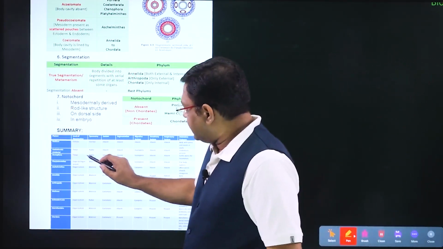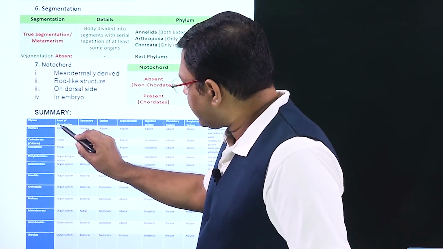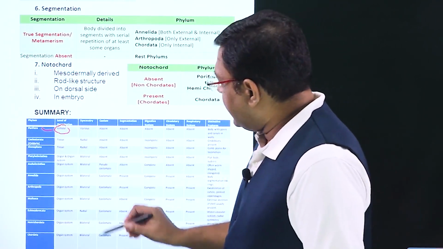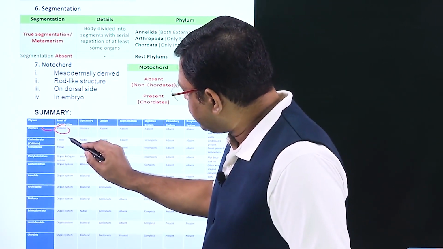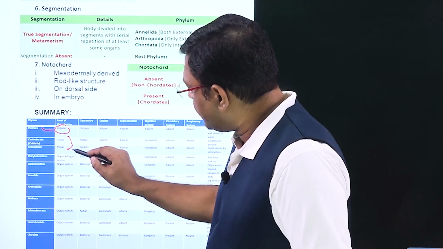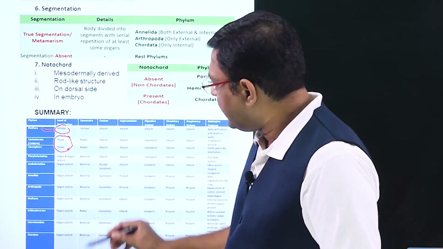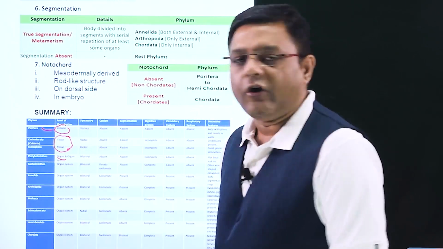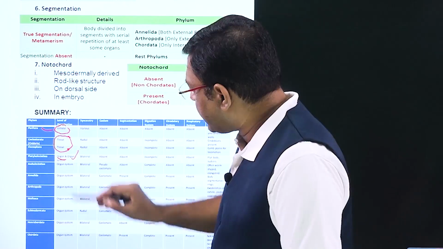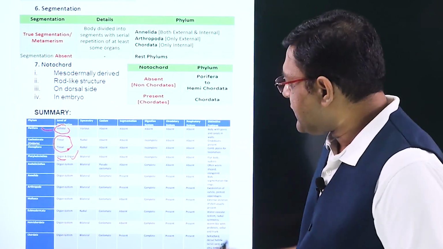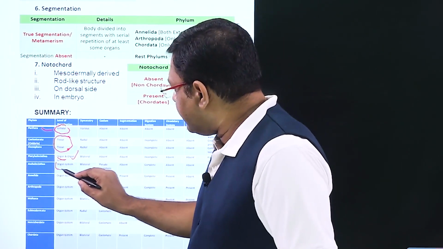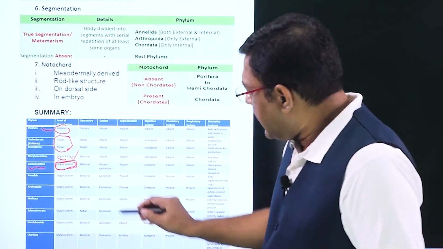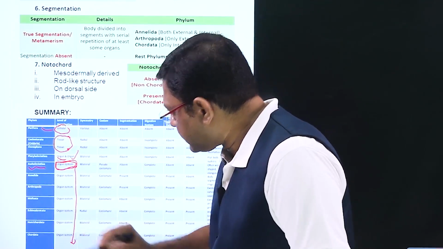Now, we had seen that the cellular level of organization was present just in Porifera. Then in Coelenterata and Ctenophores, these had tissue level. In the case of Platyhelminthes, basically it was organ level, but there were some organ systems which were also present. Then the first phylum in which proper organ system came was Aschelminthes, and it continued till the last, that is